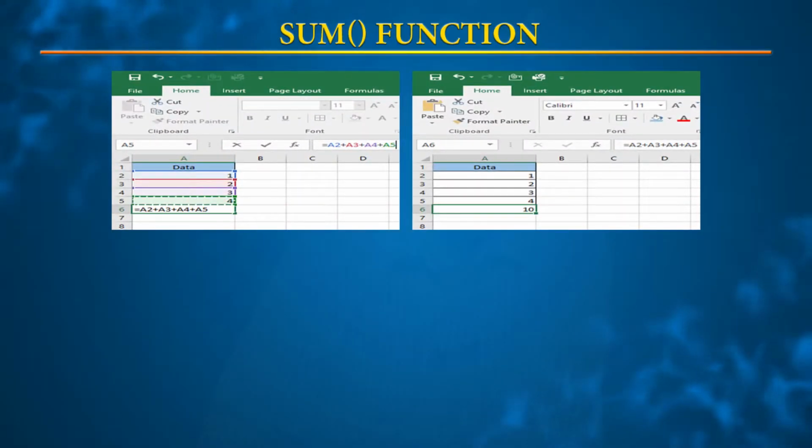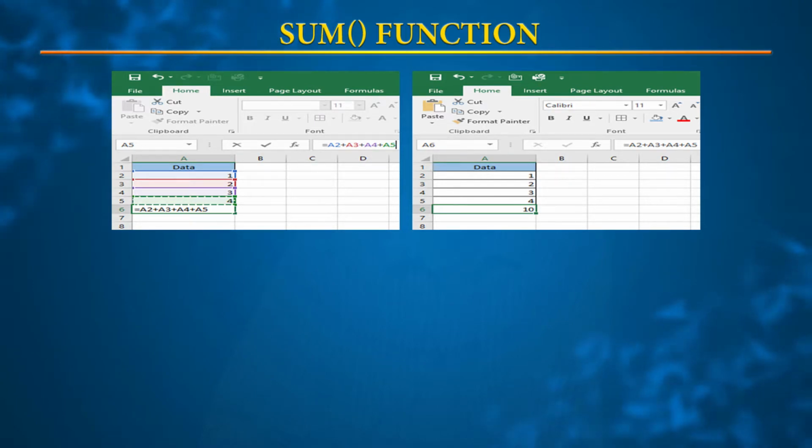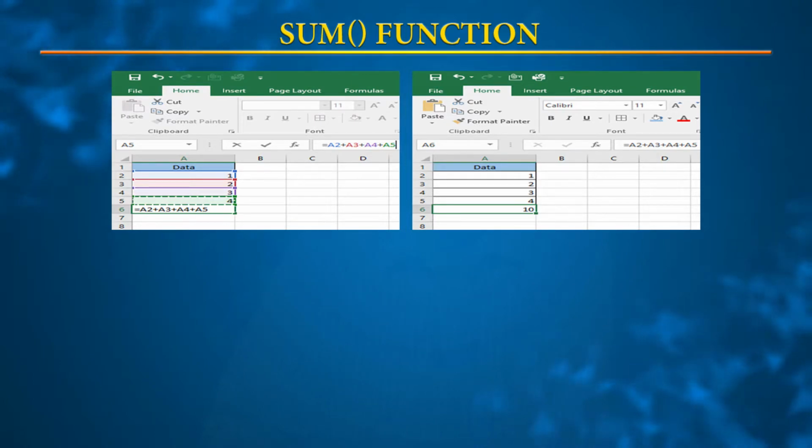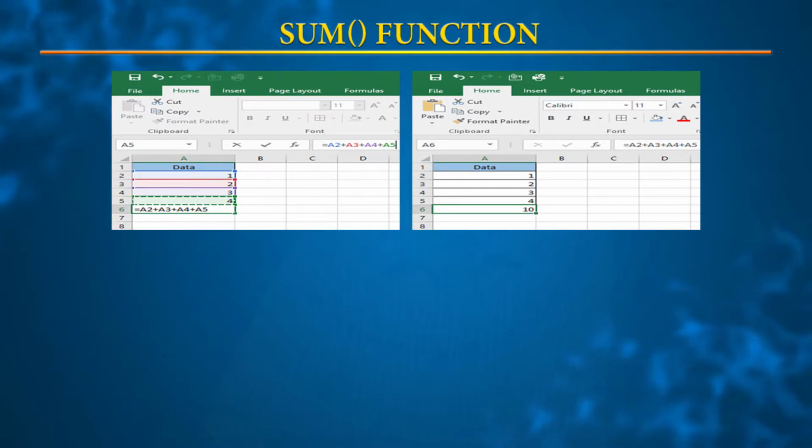The first and foremost important function is the SUM function. We had already discussed that there is a difference between a function and a formula. A formula is a pattern designed by the user. Likewise, if you want to add 4 numbers listed in cells A1, A2, A3, A4, then the formula will be =A1+A2+A3+A4, and this will return the sum of the 4 numbers.